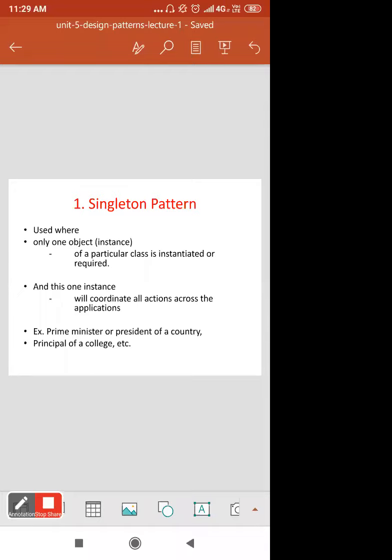Where is it actually used? Where only one object of a particular class is instantiated or required. At that time this singleton pattern is used, and this one instance will coordinate all actions across the application. An example is also given here.